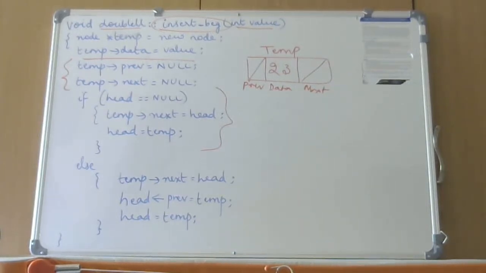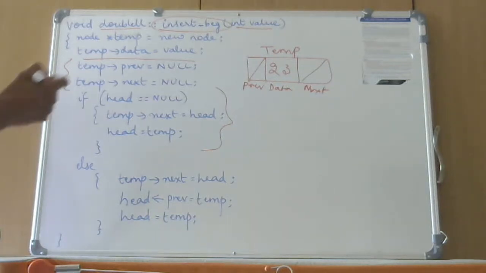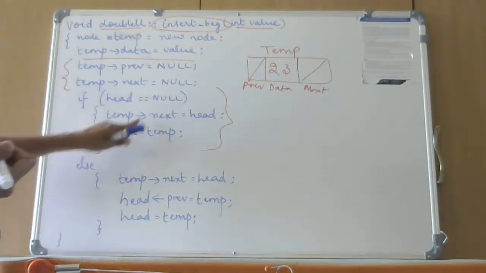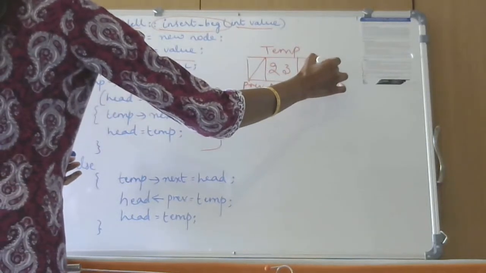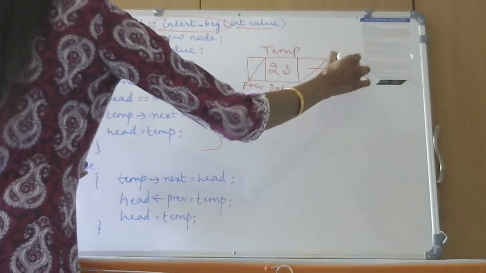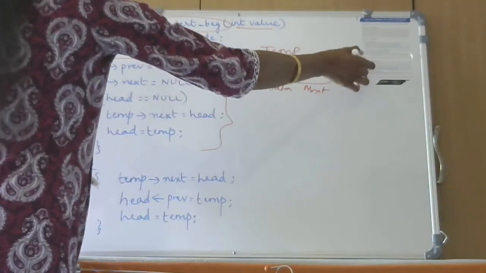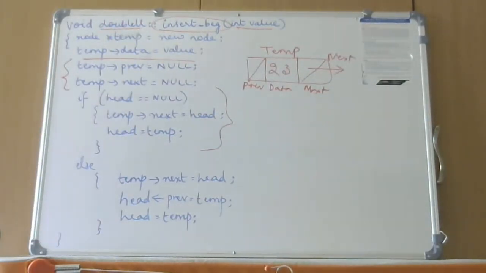What will happen if you are trying to insert at the beginning and the list is empty? So this has to now become my first node, or my head pointer should point to this particular node. Temp of next is equal to head. Temp of next is what? Temp of next will be pointing to its own self because there are no more nodes. It has to hold the address of the next node. You have a link called next, correct? It has to hold the address of the next node.